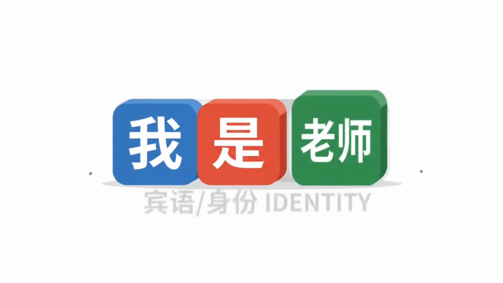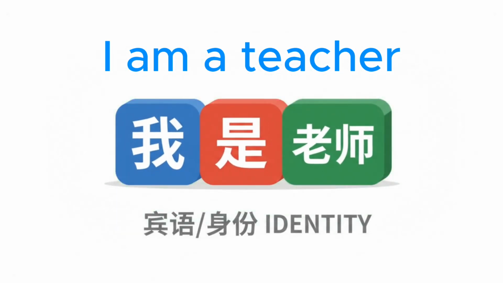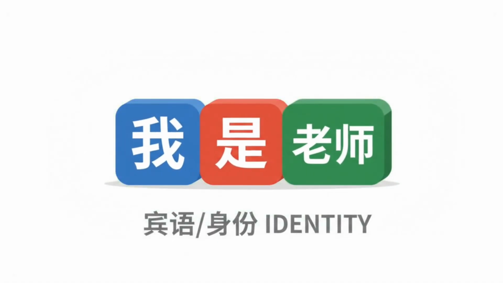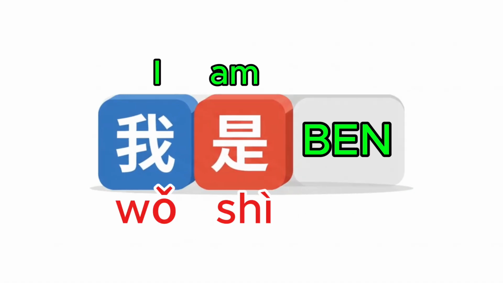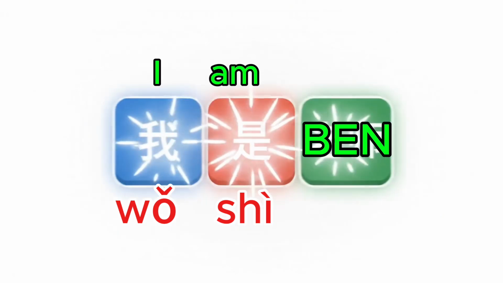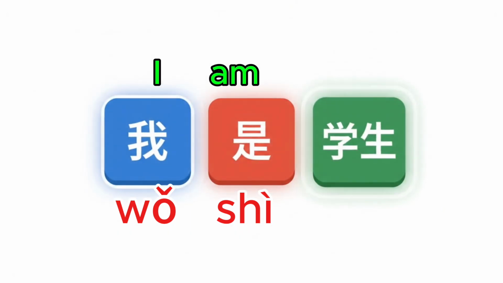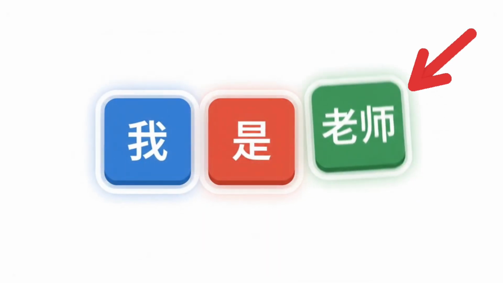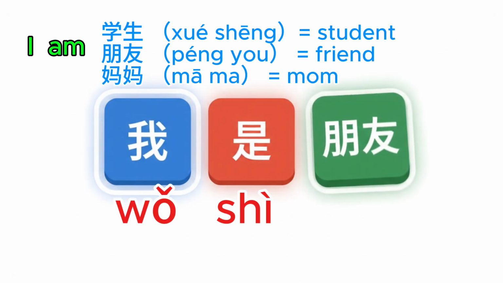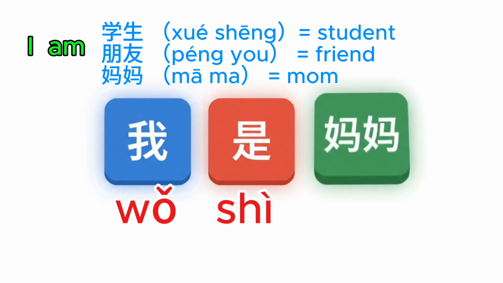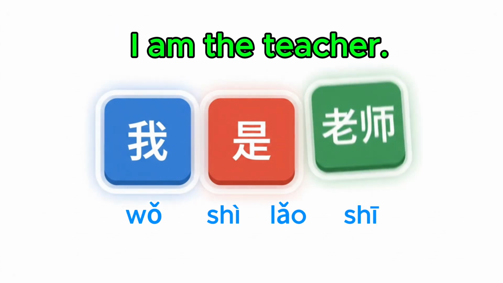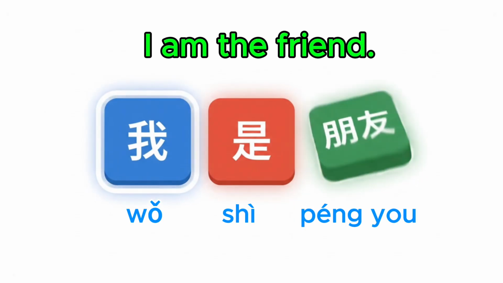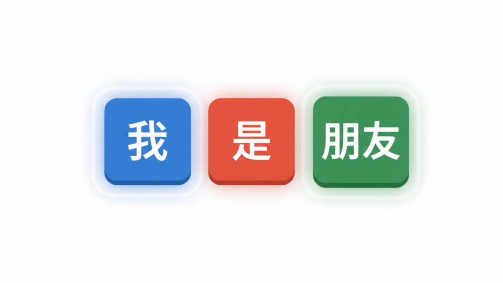Now add your identity. 老师, teacher. 我是老师。 So I'm a teacher now. I definitely haven't passed any teaching exams. Ben, it's just a sentence. Watch closely. The first two blocks never move. Only this one changes. So I can swap it out. 学生, student, 朋友, friend, 妈妈, mom. 我是老师, 我是学生, 我是朋友, 我是妈妈。